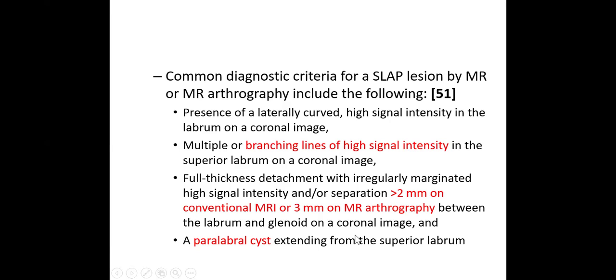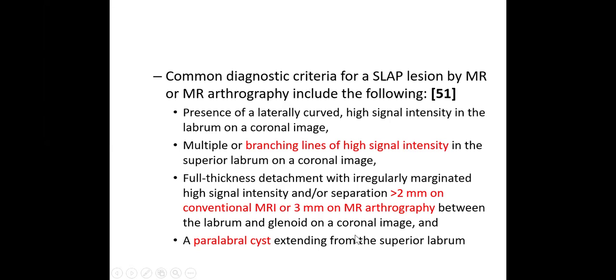तो सबसे पहले जो superior labrum है, उसकी lateral curving होगी और वहां पे brightness ज्यादा होगी, high signal intensity होगी, यानी hyperintensity होगी coronal image में। सिमिलरली वहां पे branching होगी, यानी branching line of high signal intensity, specifically coronal image पे top जो superior labrum है उसमें। सिमिलरली detachment, full thickness detachment, irregularity marginated,